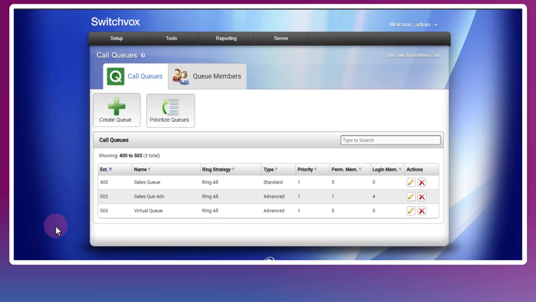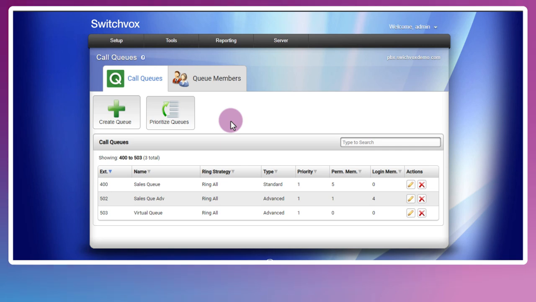and you'll notice up here we have prioritize queues. So we can prioritize queues, which will determine what calls are given priority among multiple call queues. Support calls are a good option in this scenario when the number of agents is limited. So we've got our queues here that are already set up.